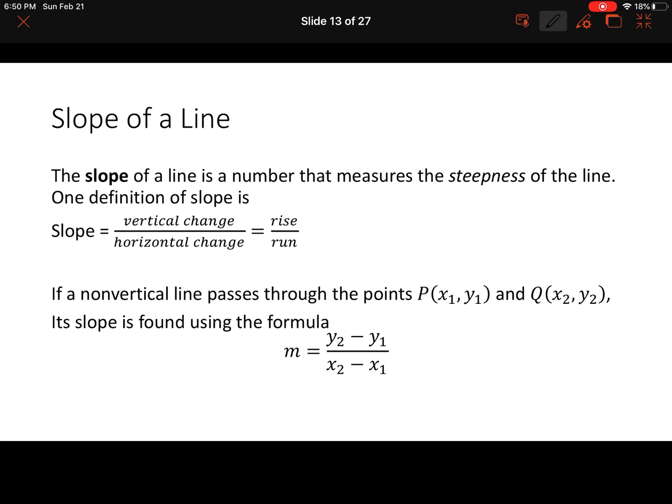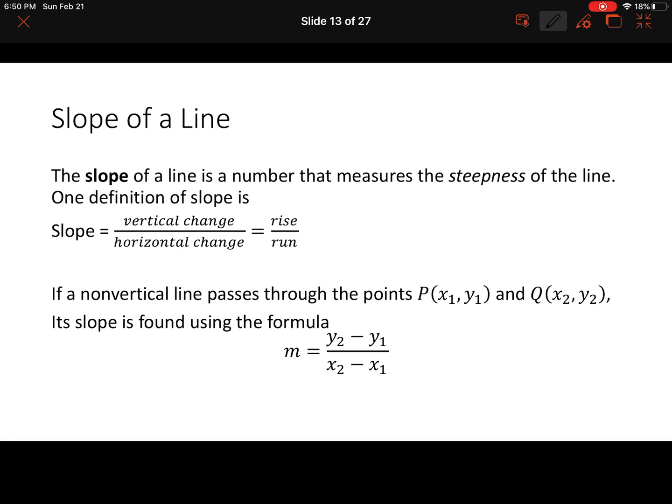The slope. Slope is the vertical change over the horizontal change. All right, slope is the vertical change over the horizontal change. Or better yet, slope is the change in the y-axis over the change in the x-axis. Some people use the memorization trick of rise over run. All right, so